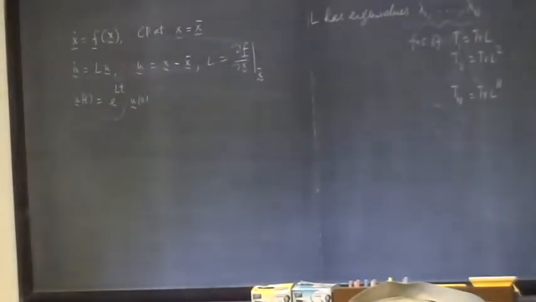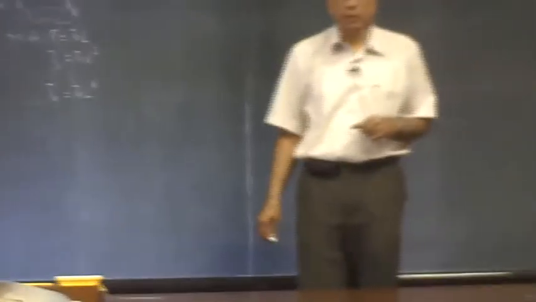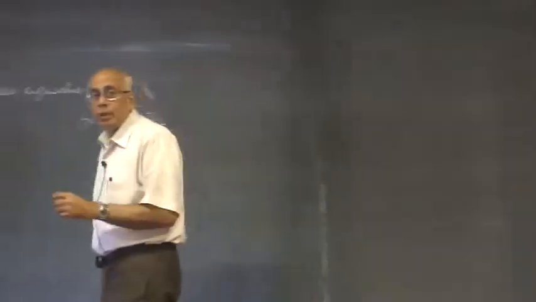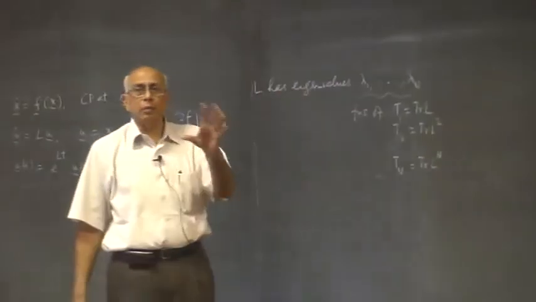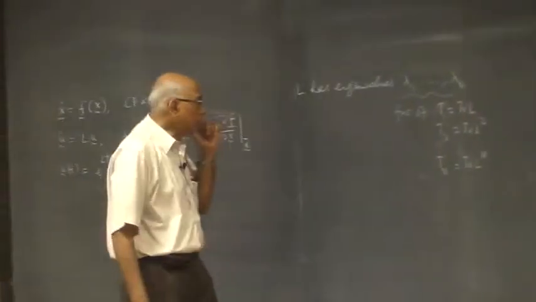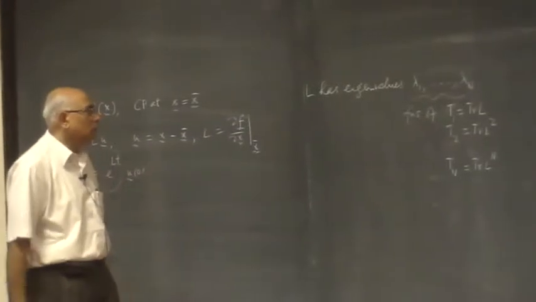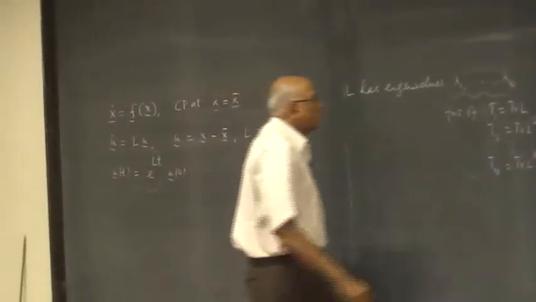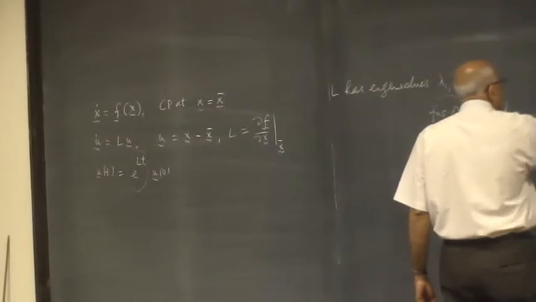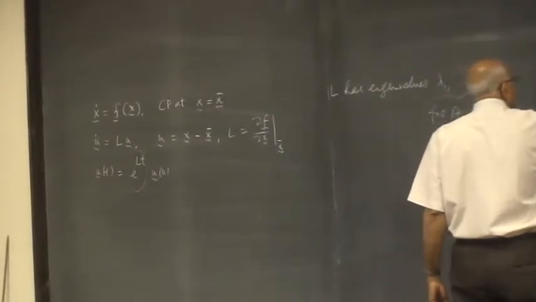Like e to the lambda t, t e to the lambda t, etc., up to t to the power r minus 1 times e to the lambda t, where r is the multiplicity of this eigenvalue. Okay. So in all cases we can analyze it in principle and write down the solution. Now the moment you have a structure like some coefficients e to